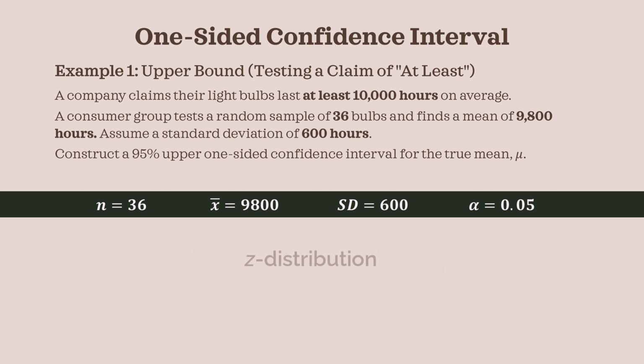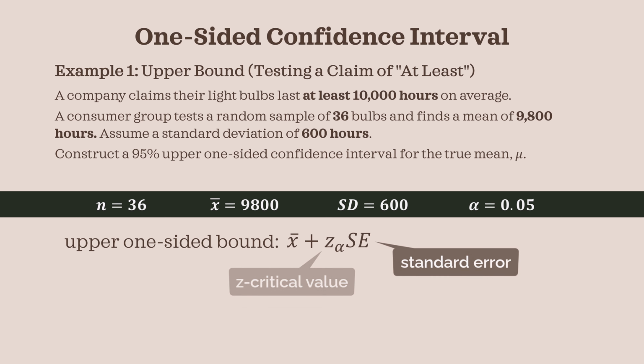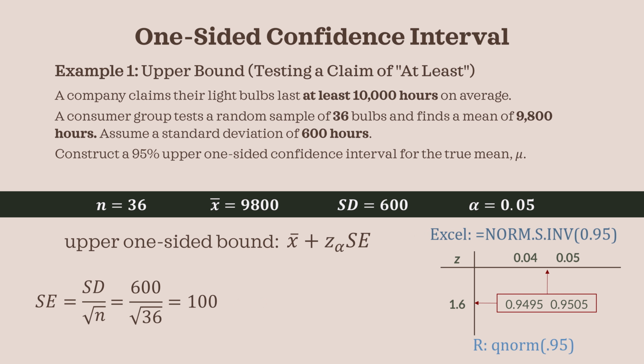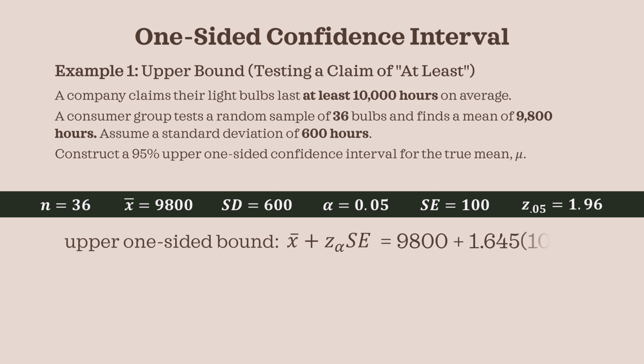We will use the Z distribution here. Some will use Z because the sample size is considered large enough. Otherwise, we can assume this 600 is the population standard deviation. The formula for the upper one-sided bound is X bar plus the Z critical value times the standard error. The standard error is the standard deviation divided by the square root of n, which gives 100 hours. Using the Z table or software, the Z critical value for a 95% one-sided interval is 1.645. On substituting, the upper bound is approximately